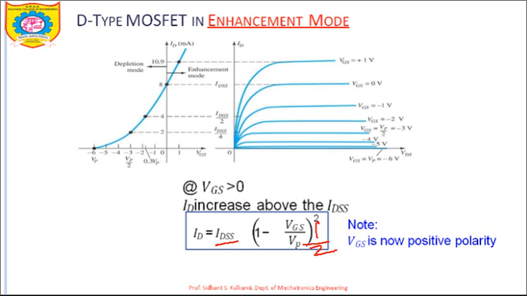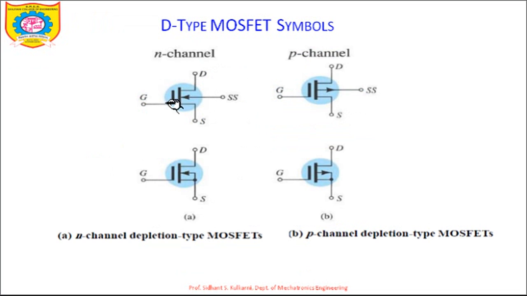And lastly we will see the symbol representation. So the depletion type of a MOSFET, this is an N channel and a P channel. Right now the symbol you must remember is represented by the substrate with the arrow pointing inward. So N channel depletion type MOSFET, and P channel depletion type MOSFET. It can be represented by the arrowhead pointing towards the inside, or the arrowhead can be shorted to the source, because we know that substrate and source are both connected to the ground or negative terminal of the battery. We can short them and form the diagram something like this.